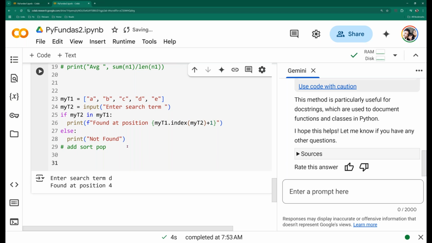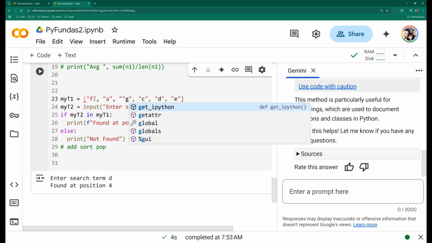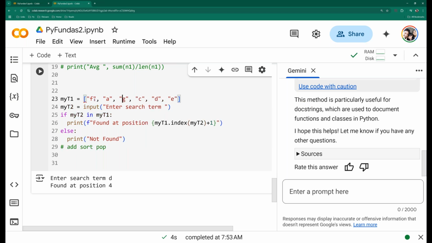T2 is there, right? So first, I'm going to change the order. So I'll say there's an F here, there's an A, and then there is a G here, C, D, E. Let's take a B again. No, I didn't take a B earlier, but let's take another A, and